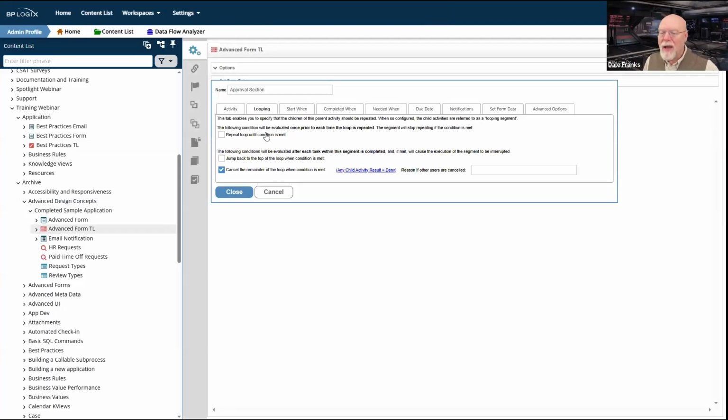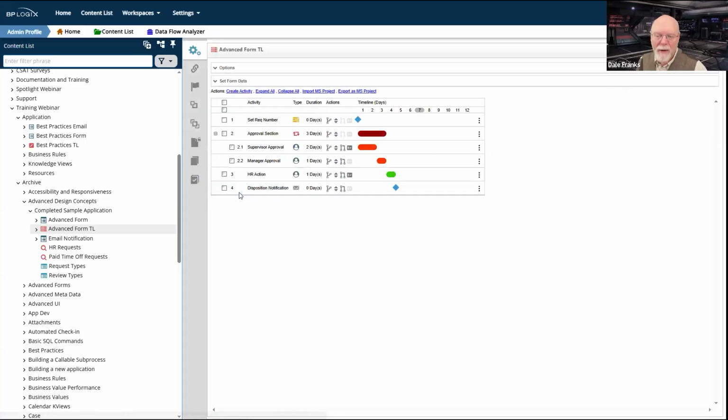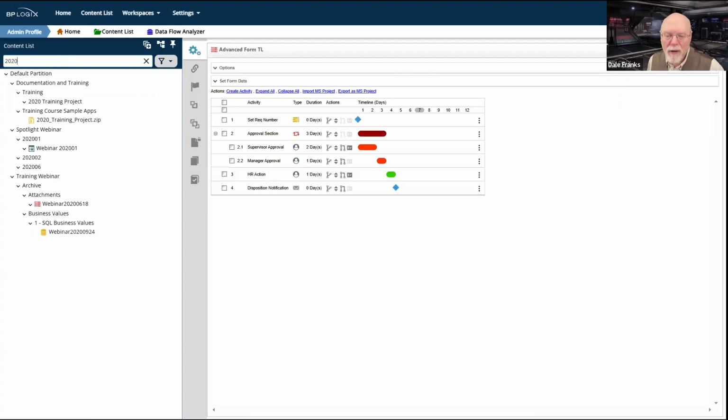In this case, I'm not jumping back to the top of the loop. All I'm doing is deciding whether I'm going to approve or deny this request. So I only have the cancel the remainder of the loop when the condition is met if any child activity result equals deny.